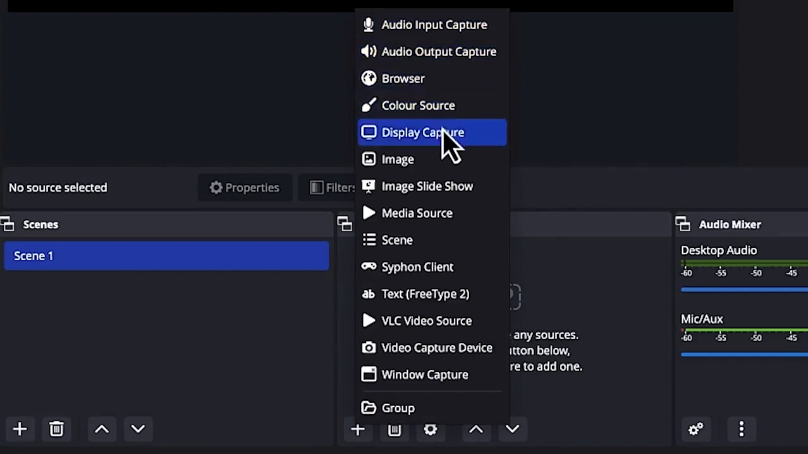Color source and display capture. Images, you want to add all these media sources. And text, do you want to add text to your recording or thereabout? The VLC video source. If you have any video capture device, you can specify all that from the sources under